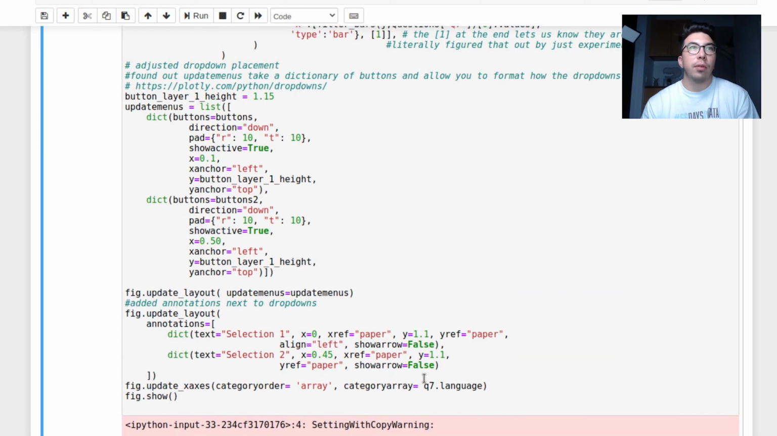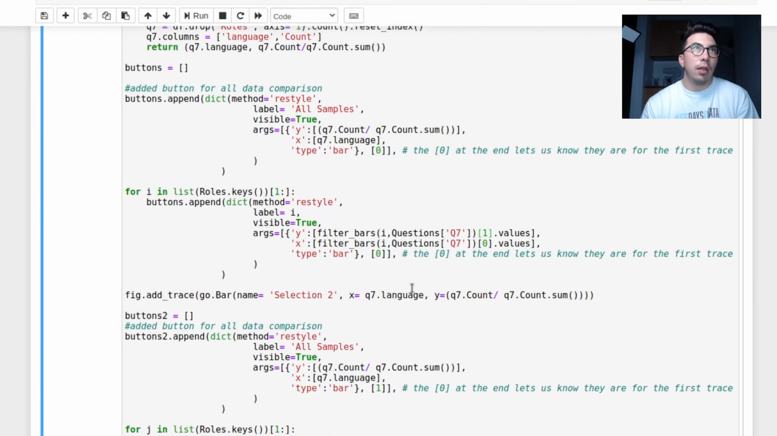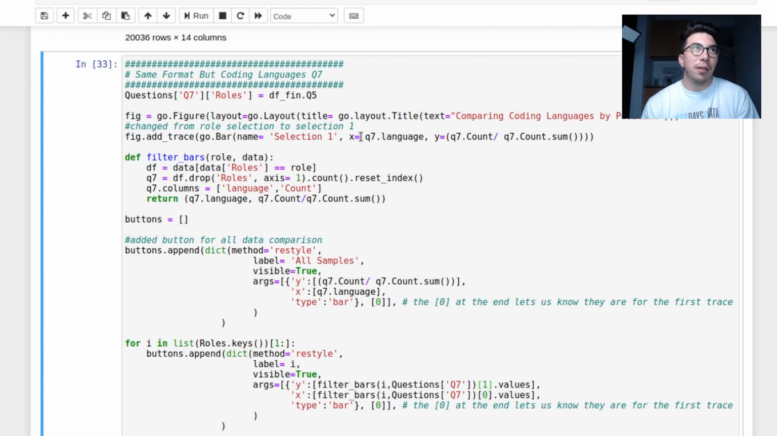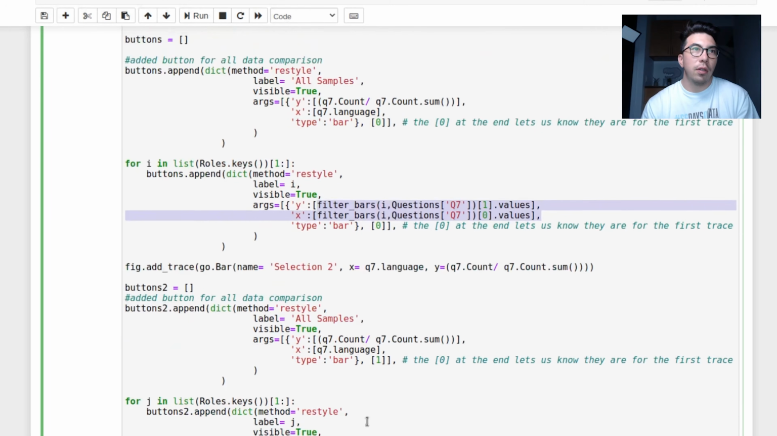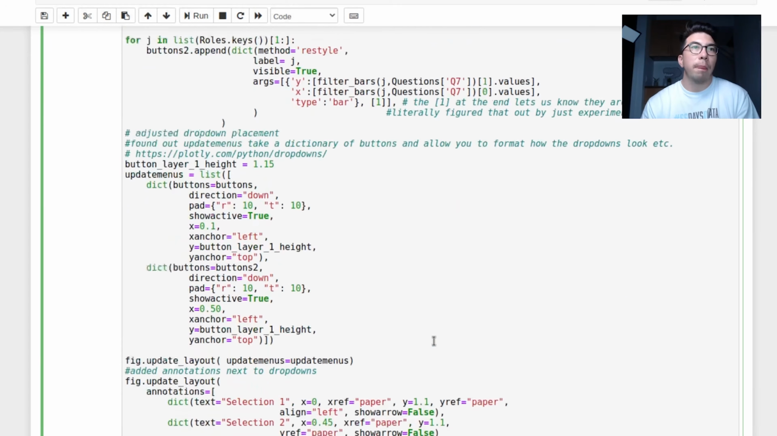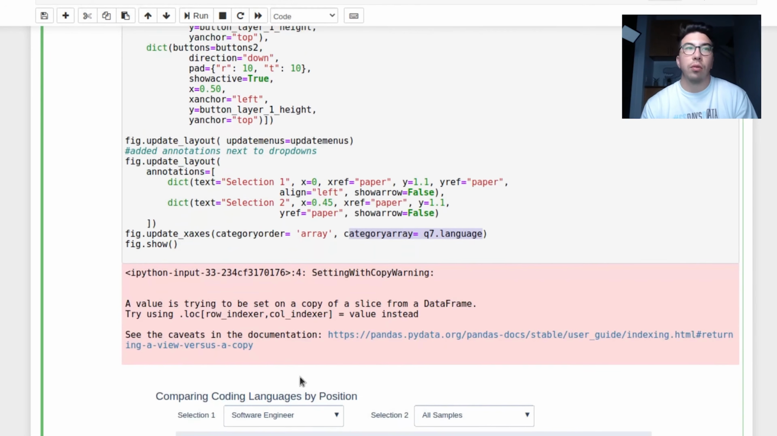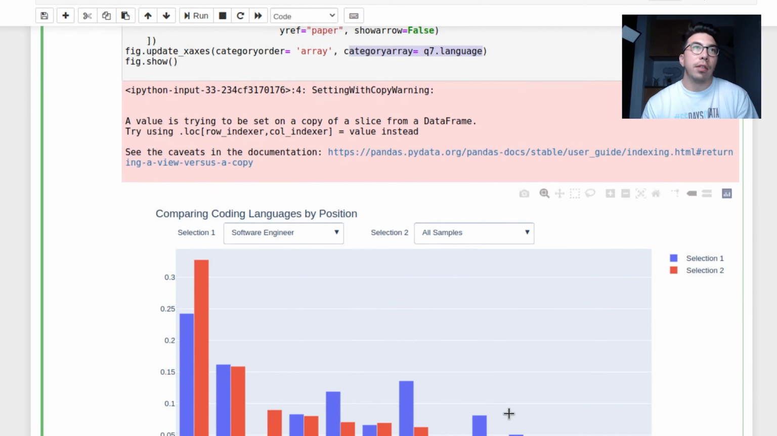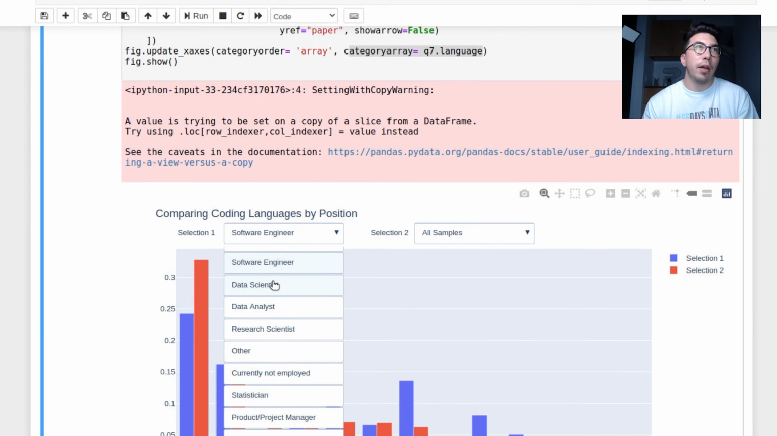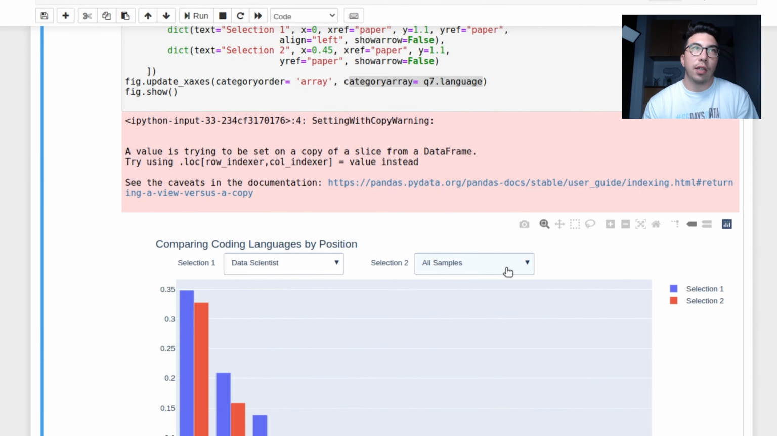The only other adjustment that I made, aside from, you know, the traces, those areas, and, you know, the same things down here, was that I added a category array for the language. So all the languages would be lined up in the bottom consistently. As simple as that. So, you know, now we're able to compare programming languages, again, across like a data scientist